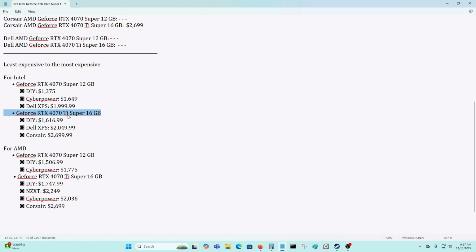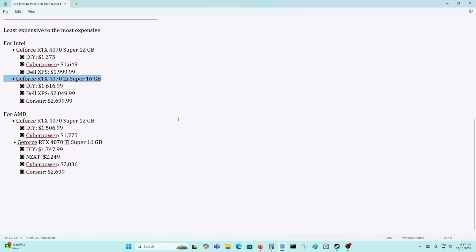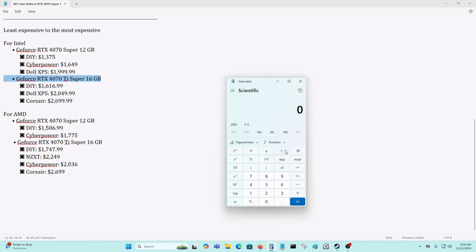14700K. For AMD, we have for the RTX 4070 Super 12 gigabytes, DIY was $1,506.99, being the least expensive. Then it was CyberPower. Those were the only two options that I had for AMD RTX 4070 Super 12 gigabytes. And the difference between DIY and buying a new computer in this case was only